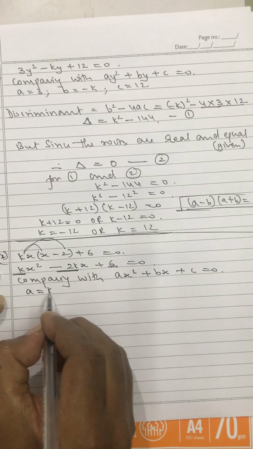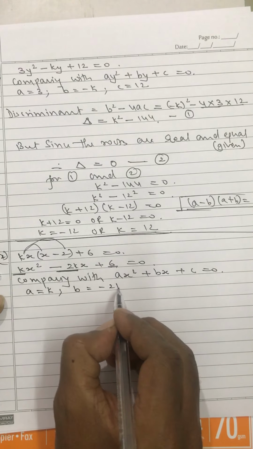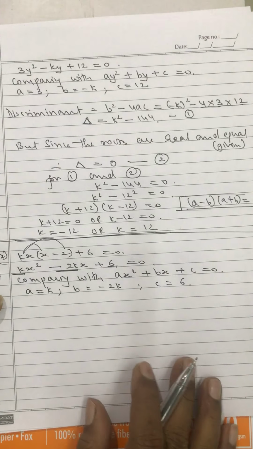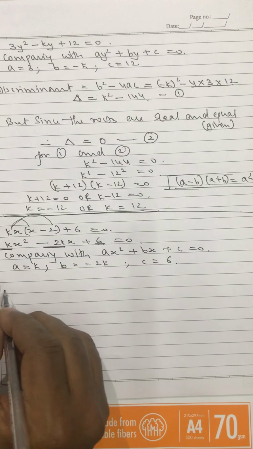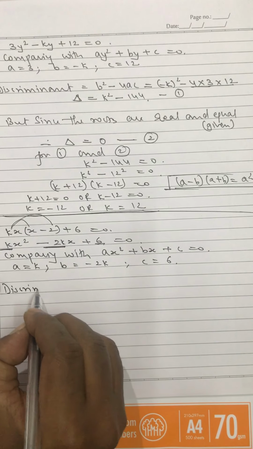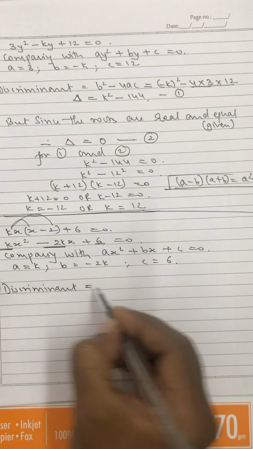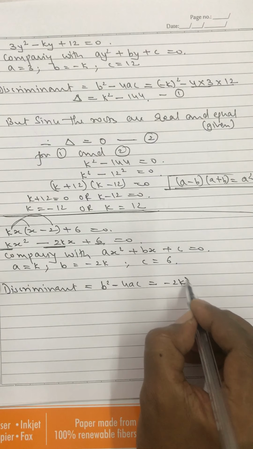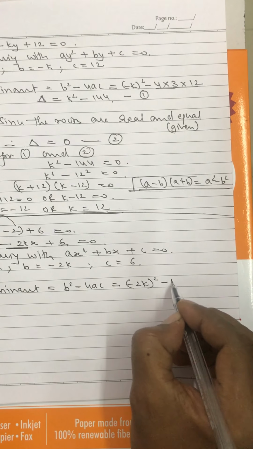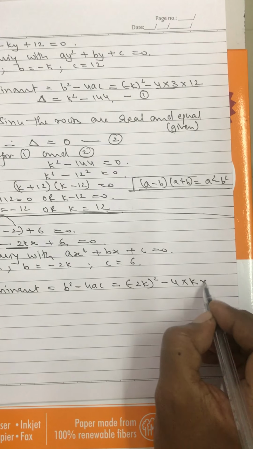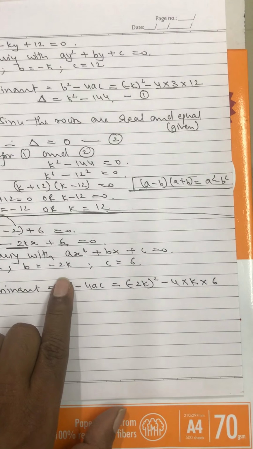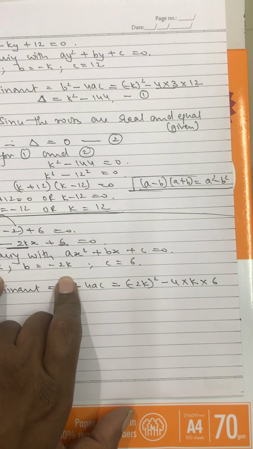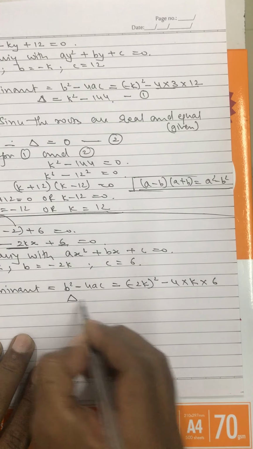What is your a? k. What is your b? Minus 2k. What is your c? 6. Fine. This is your a, b and c. So you will get the discriminant. b square is minus 2k the whole square, minus 4 into a, which is k, into c, which is 6. By formula, b square minus 4ac. That's all. The discriminant is equal to